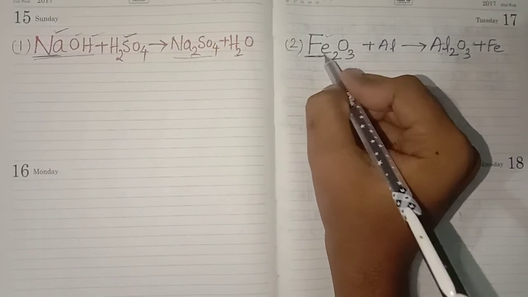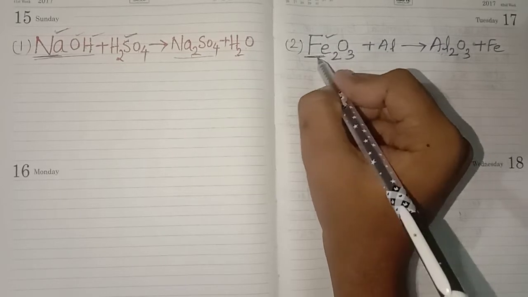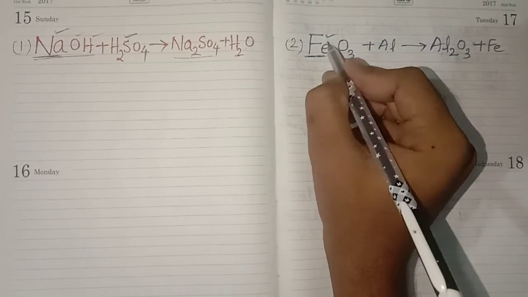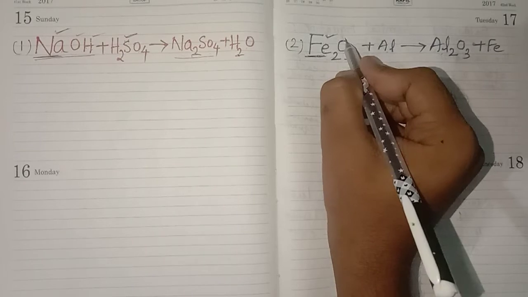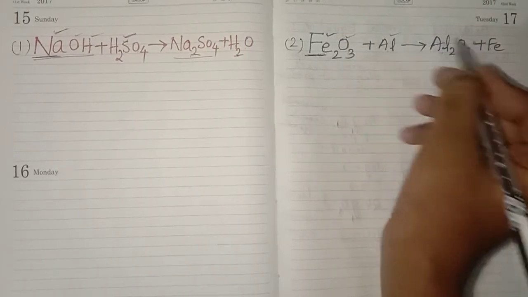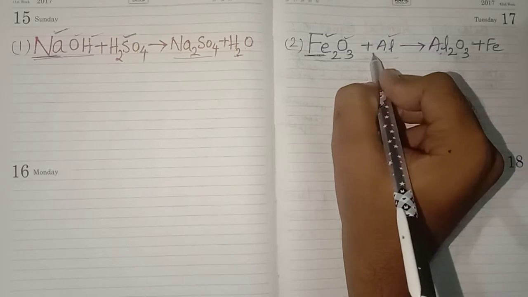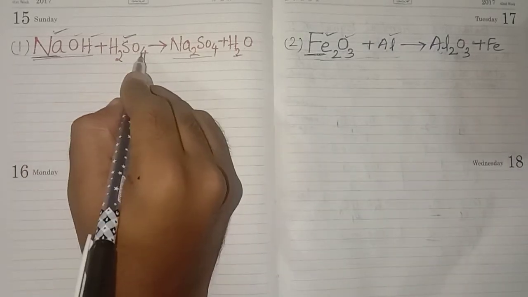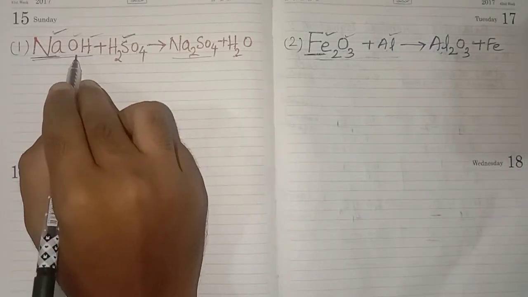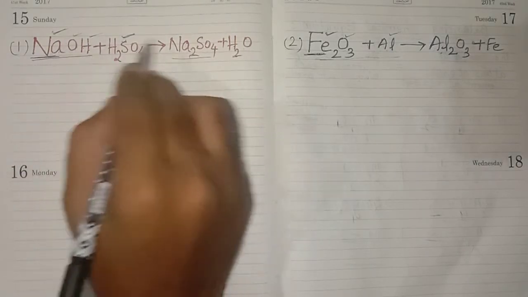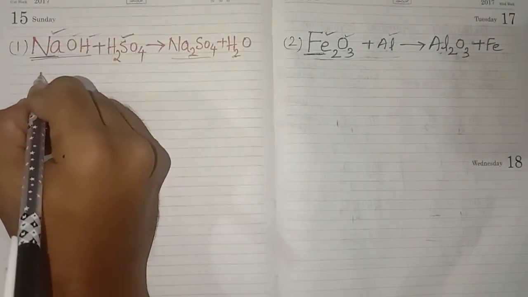In the other equation, if you observe, Fe is a single element, iron. O means oxygen, that is 2 elements. So 3 elements are given in this chemical equation, but in the first chemical equation, 4 elements are given. So to balance this chemical equation, we have to consider